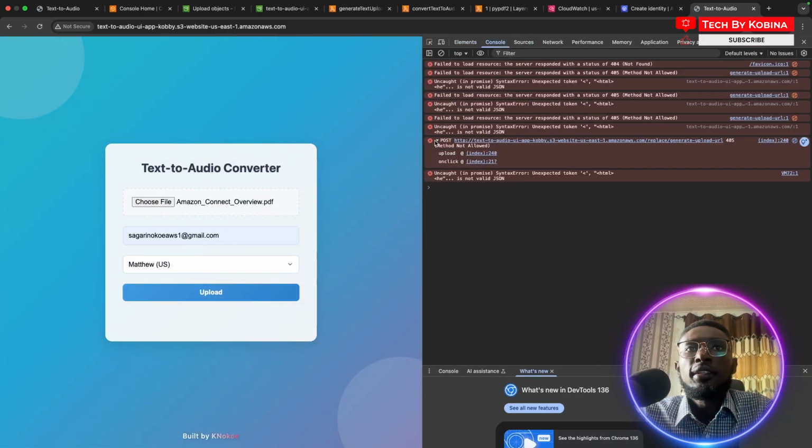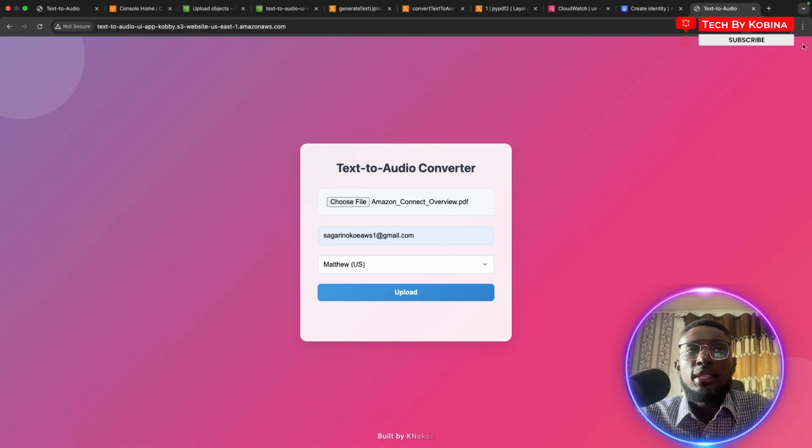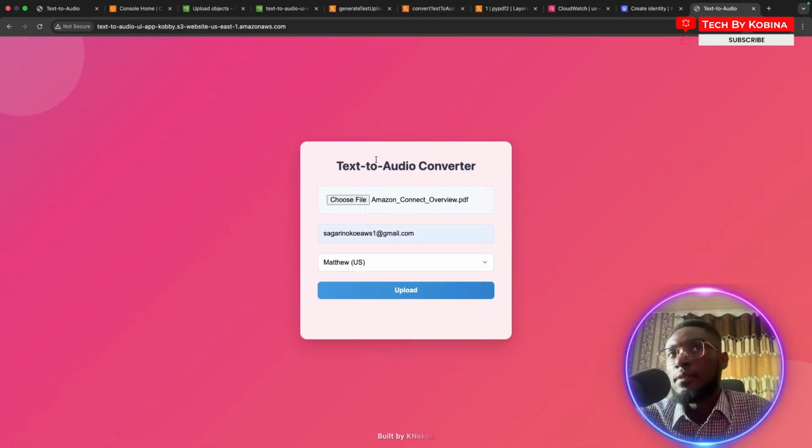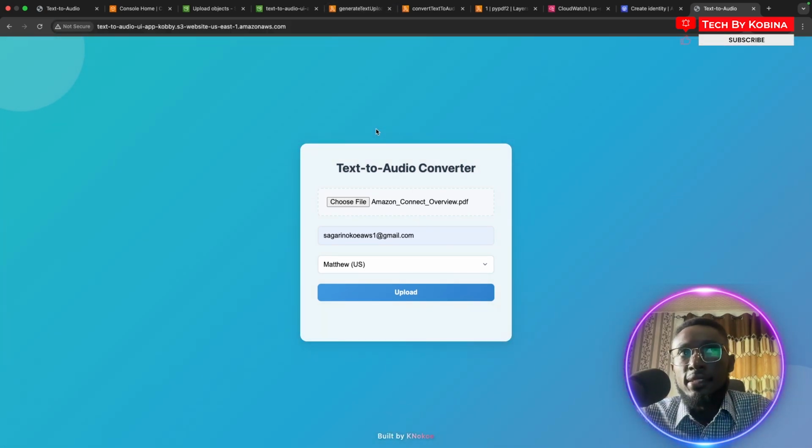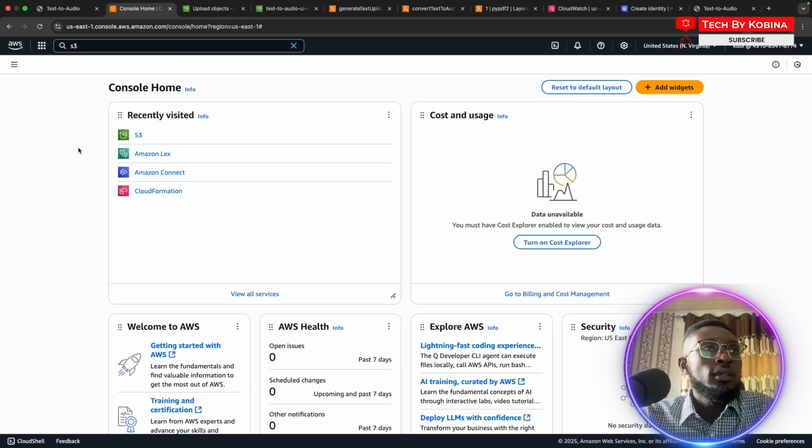So if you can see, we have to replace certain URLs and stuff like that. So that's the error we're getting. Now we are going to configure that and fix this issue. But this is how we have simply hosted our web application. So anyone with this URL now can access this web application. Now the next phase is we are going to